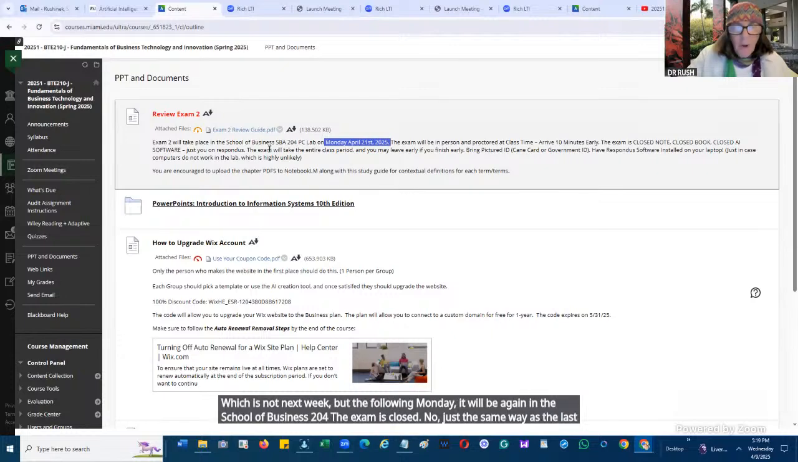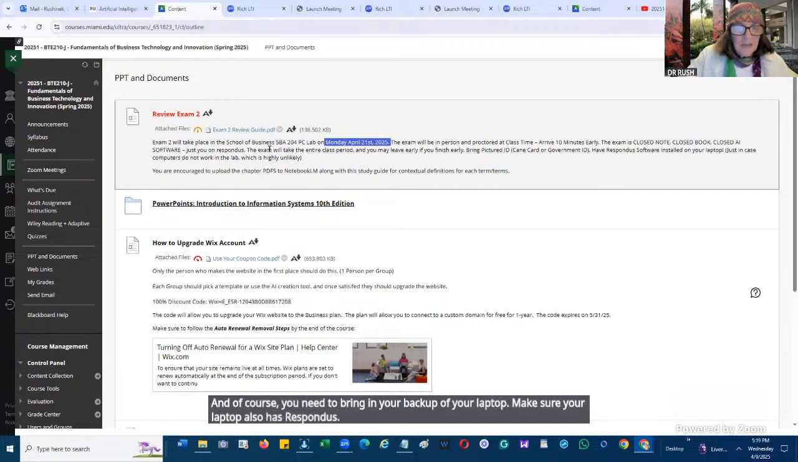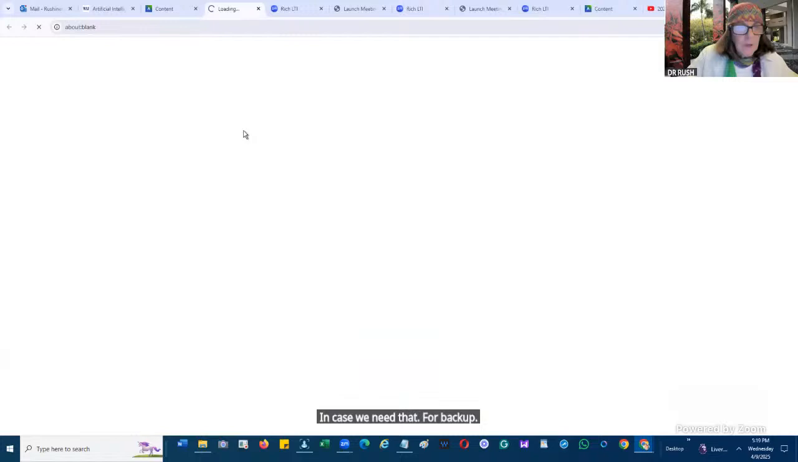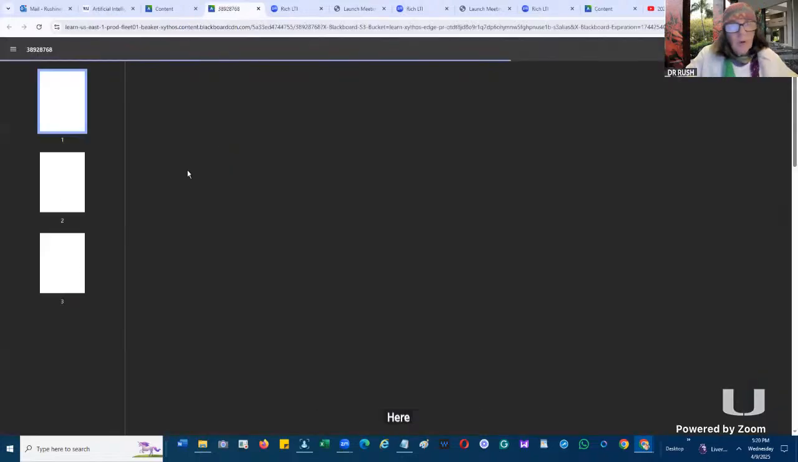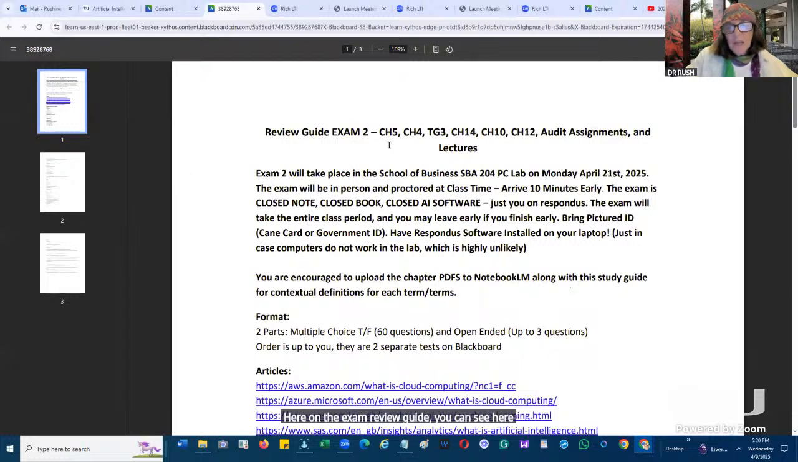There's going to be 2 parts. If you finish early, you need to check out with your pictured ID. And of course, you need to bring in your backup of your laptop. Make sure your laptop also has responders in case we need that for backup. Here on the exam review guide, you can see, basically, if we look at it, the review guide is,